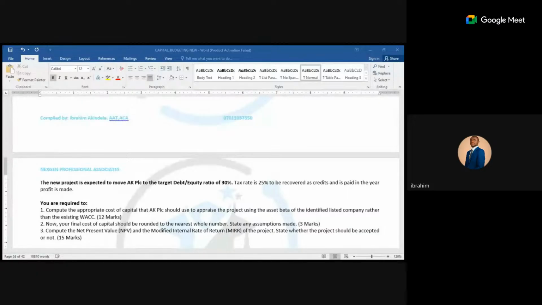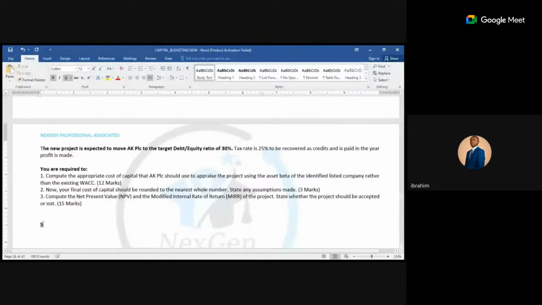Okay. Now, suggested solution. Our first step, based on our identification, is to what? Identify the proxy company. Step one, it wasn't stated. We're only told that